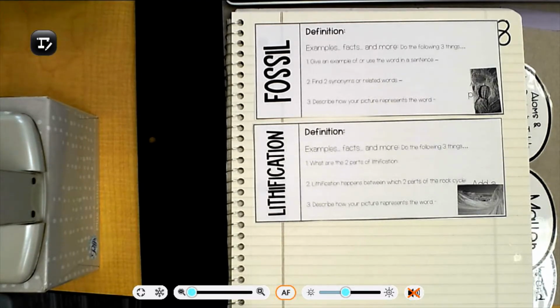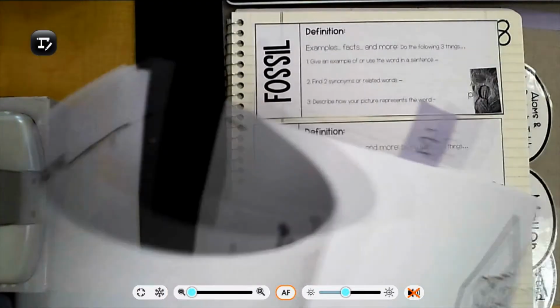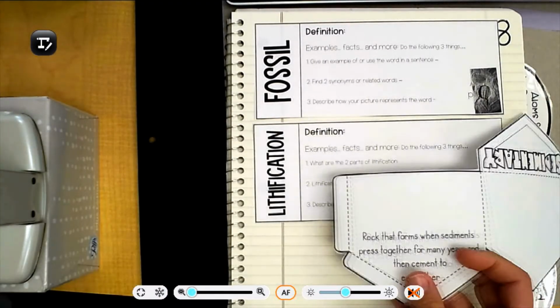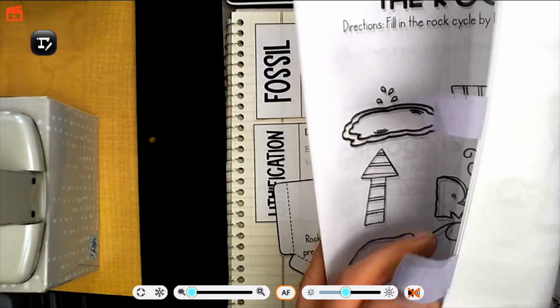one of the packets that's only printed on the front, and it's one that we haven't used yet. So we're at the end of our sedimentary rockness, and you're going to need a few things from here. On this page, we've got these two little pockets. You're going to need to cut this one out. Do not cut on the dotted lines, only cut on the solid lines. See how I've cut? And then behind there,